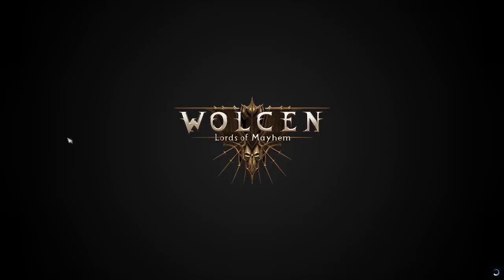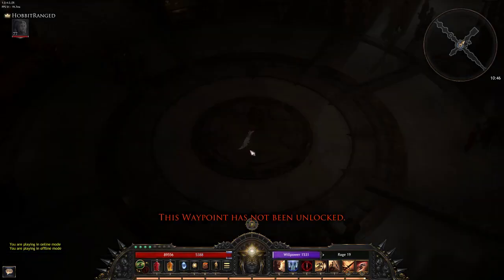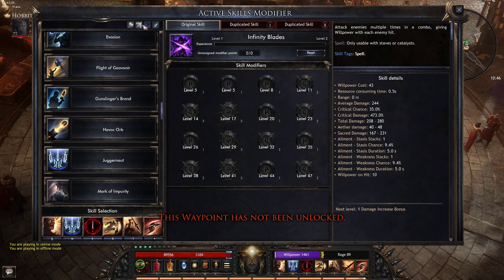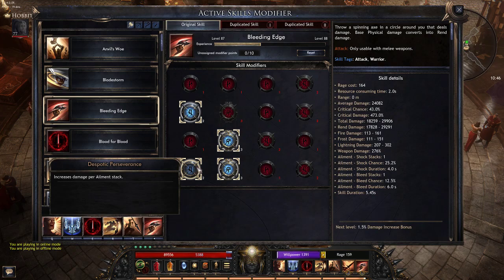So what is this? This is the skill, which there's an axe which circles around you and it does crazy amounts of damage. Why does it do crazy amounts of damage? That is because this node over here is completely overpowered. This increases damage per ailment stack, apparently does 20% more damage per ailment stack,